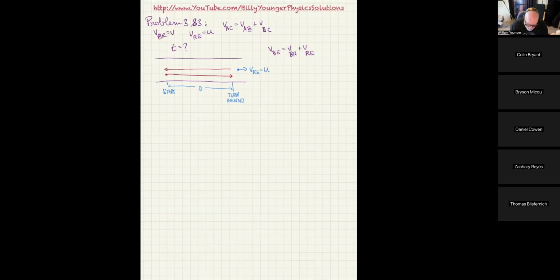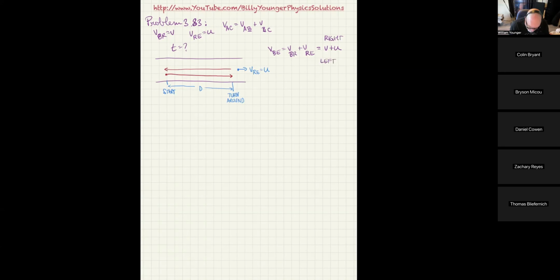So the key thing that you see here is that the velocity of the boat with respect to Earth, and Earth is what the distance d is measured with respect to, so that's why you have to have that one, is therefore equal to, we do have the velocity of the river with respect to Earth is u, so this is going to be v plus u. And then on the way back, it's going to be the same thing. So this is going right, and now going left,